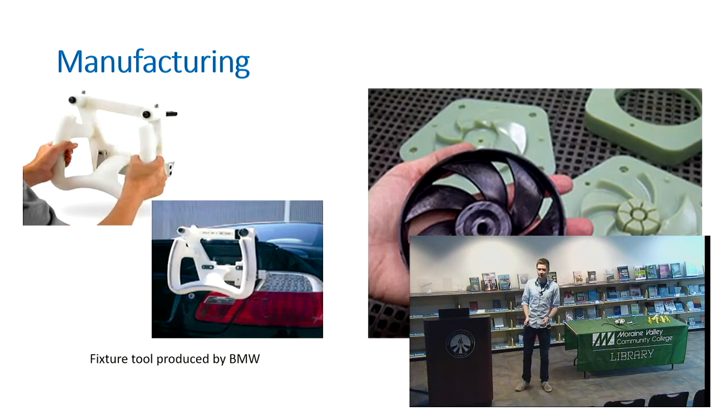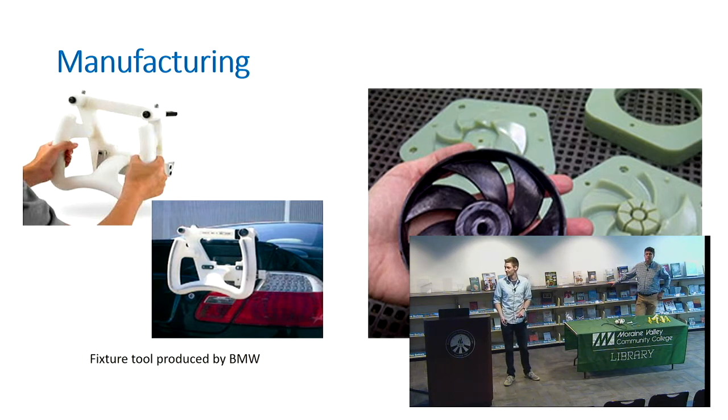Another area where we're using this is assembly fixtures and jigs. This tool was originally made by BMW with metal. It was very heavy and very awkward for the assemblers to use. If you imagine lifting that part up, made of hard, cold metal, hundreds of times a day, it'd be stressful on your joints. So they printed a more ergonomic model that's way lighter than the previous fixture, which led to an increase in the productivity of their assembly